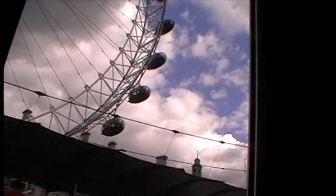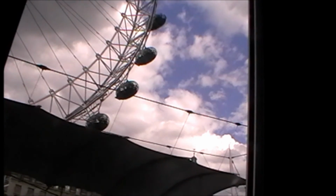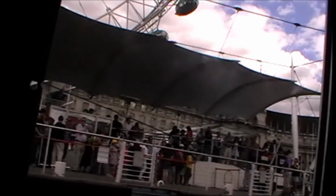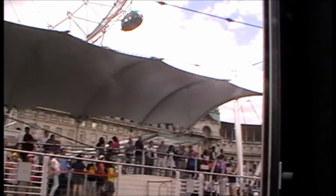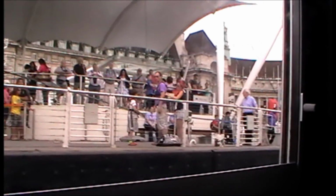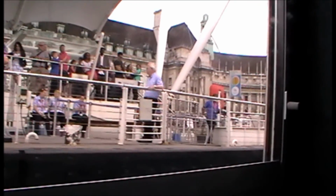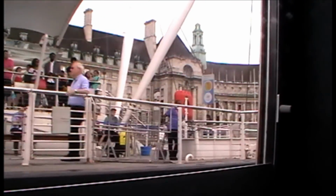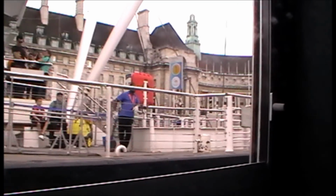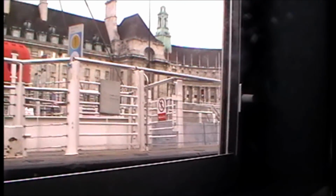Now, as we are coming back to the pier, it will just take a couple more minutes to dock properly, so if you wouldn't mind just staying seated for a little while longer, it keeps us all safe. It does sometimes just a little bump as we dock. We don't want anyone falling over. In the meantime, if you have a look around, make sure you've got all your belongings with you. Please take your children with